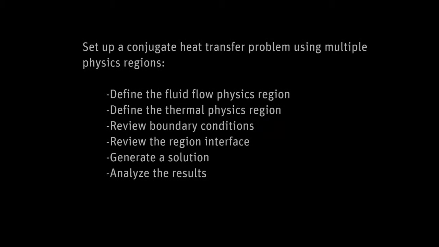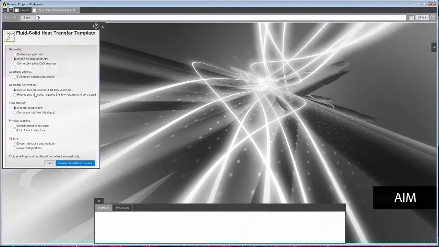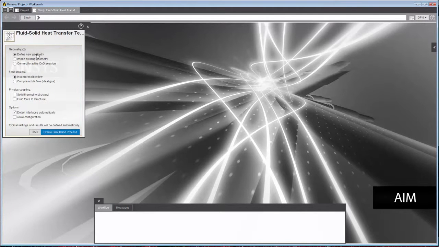In this demonstration, you'll learn how to set up and solve a conjugate heat transfer problem in ANSYS AIM. I'll demonstrate this using multiple physics regions to simulate convective heat transfer between a fluid and a solid. I'll use the fluid-solid heat transfer template. The geometry I'll use represents a steel manifold with air flowing through 3 inlets with various temperatures and velocities, exiting